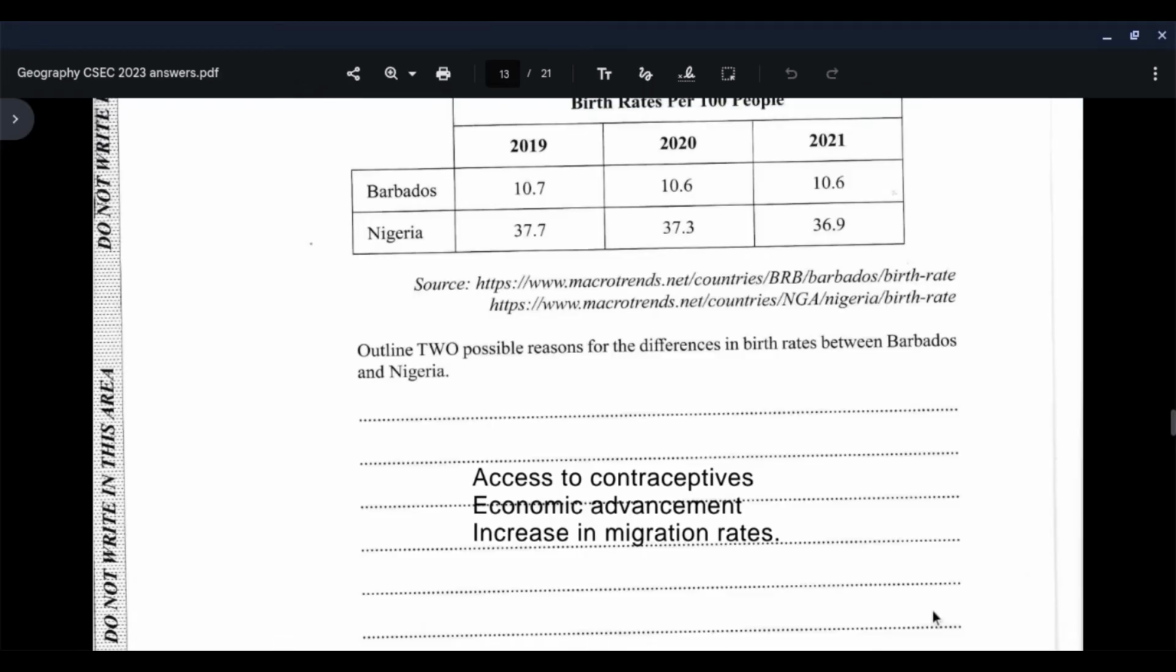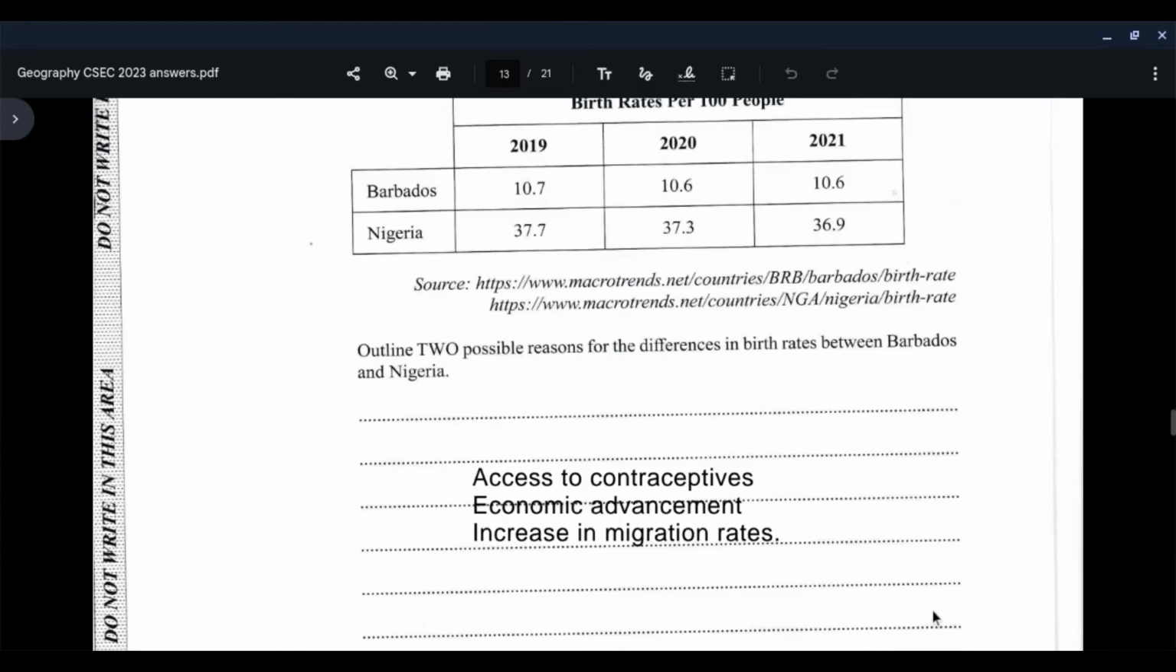However, in Barbados, there is a widespread use of contraceptives, and this has to do with culture. There are some sections of Nigeria where contraceptives are not promoted due to cultural factors, but in Barbados, there is a widespread use and education about contraceptives. Next, we have economic advancement. Barbados is economically advanced, hence most of its population have access to education, hence delaying reproduction, while in Nigeria, due